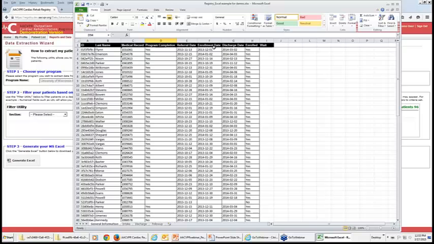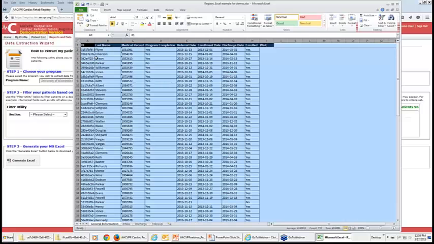Now you've got all the data. Now, you could just manually count all these to see whether they enrolled and how many completed. Or you could use some of the built-in Excel functions. And a lot of these functions are very handy. So for instance, let's first of all just sort these. Okay, so I'm going to click up on this upper left-hand box here. And what this does is select all the records in all the columns.